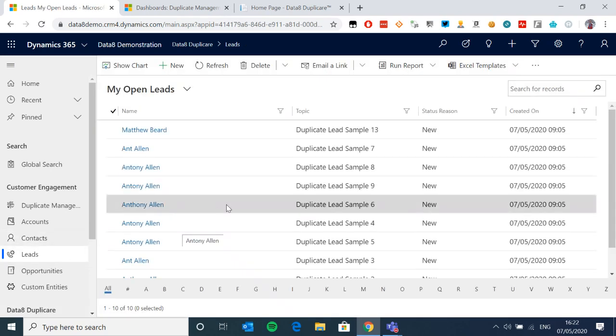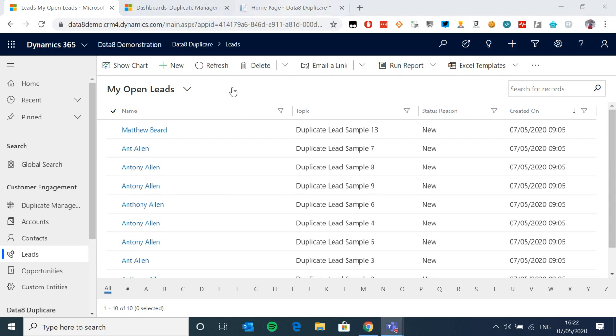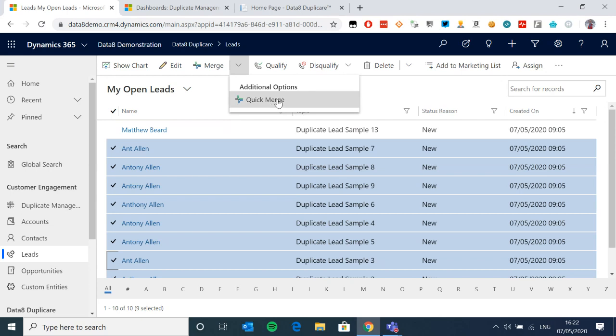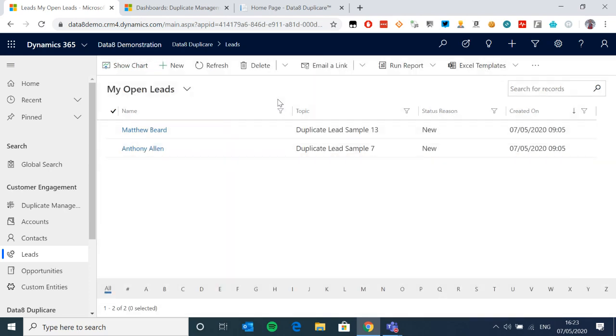Now, what you can do, and we find this in a lot of our clients, I would say most of our clients, is that because those rules for a field can become so refined, you get to a stage where they're right. They do what they need to do. When you get to that stage, what you can do is you can introduce another option. So I can now pick on all my Anthony Allens and variations of his name. I've got 9 selected, and I've now got a single button that does a quick merge. So what that's going to do is it's going to take that output record that you saw in the merge window as the right thing. Those rules are correct. That's now merged all those records on a single click.